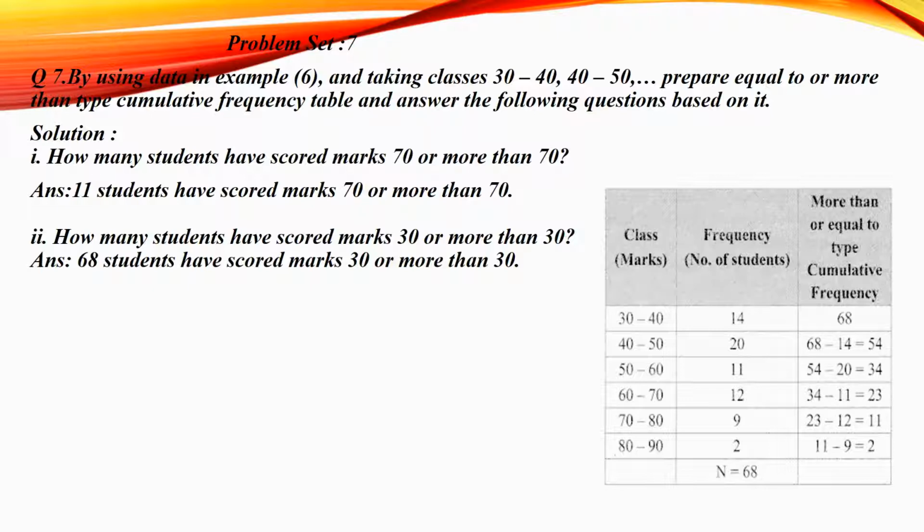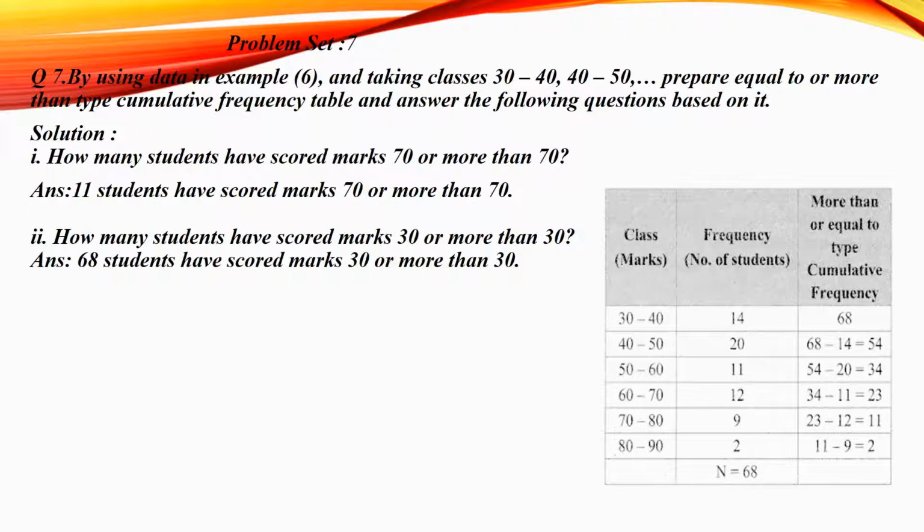The classes in marks are 30 to 40. The frequency is 14. 40 to 50 class, the frequency is 20. 50 to 60, the frequency is 11. 60 to 70, the frequency is 12. 70 to 80, the frequency is 9. And 80 to 90, the frequency is 2. Total frequency is 68. Now, for more than type cumulative frequency, the total frequency 68 will come in the first class,